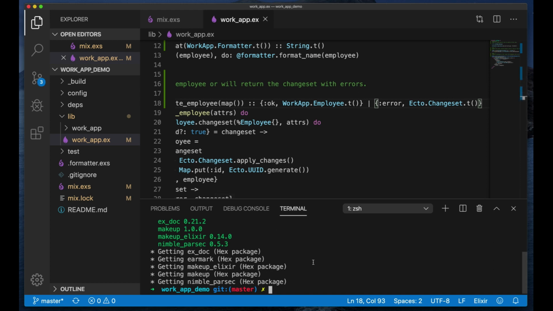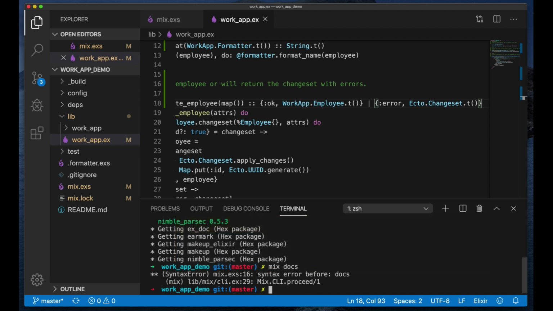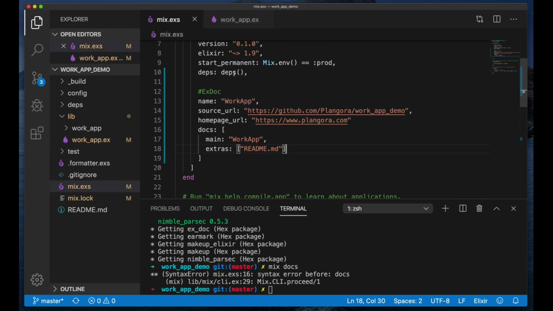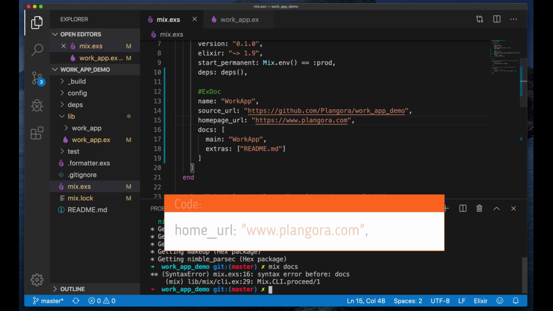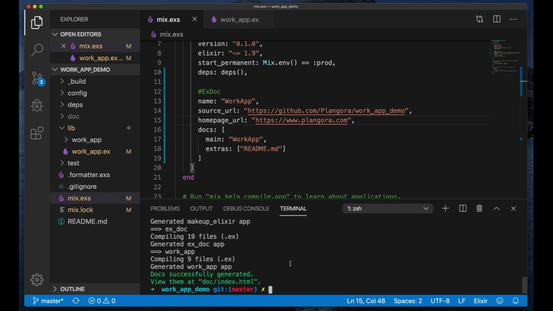Now to actually generate our docs is quite straightforward. You just use mix docs, and that's going to generate the HTML. Let's see. Sorry, I forgot the comma over here. So mix docs. And we can see them at doc/index.html. So if I click on here,